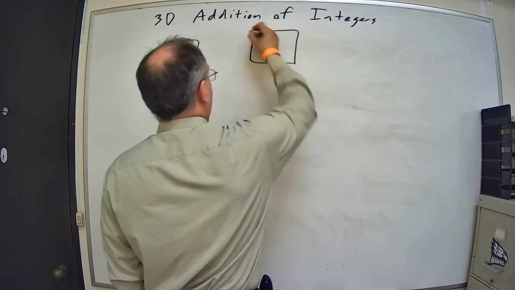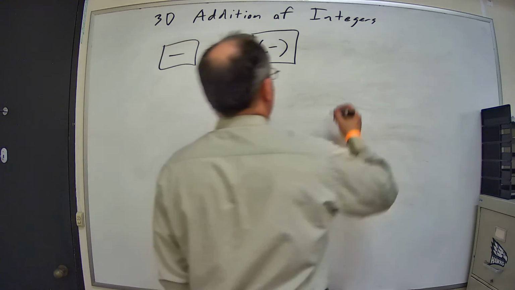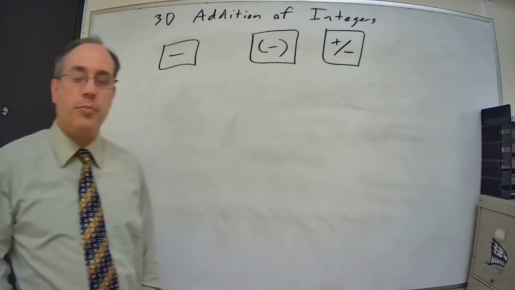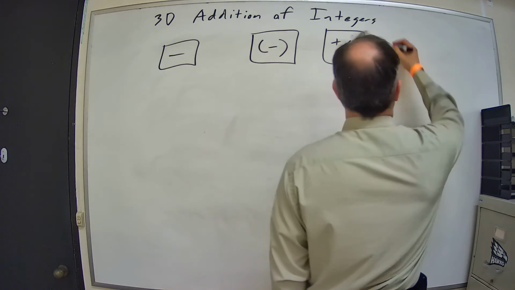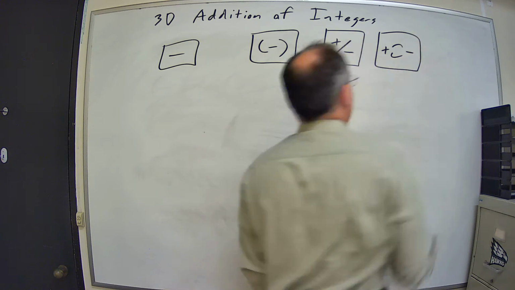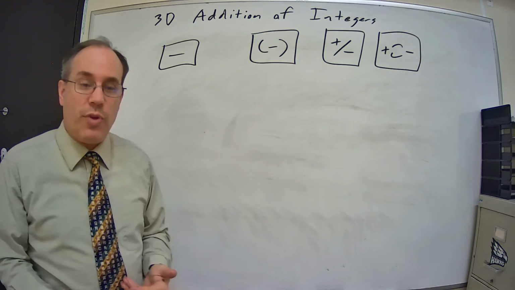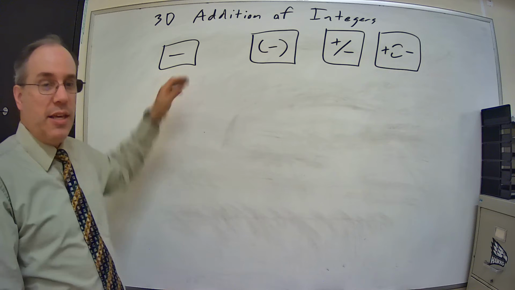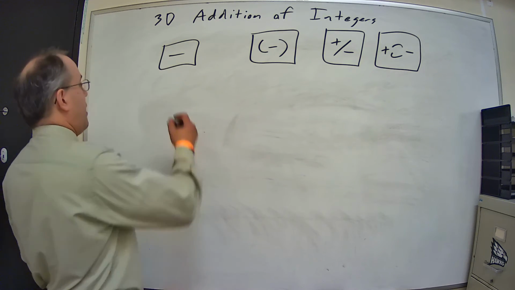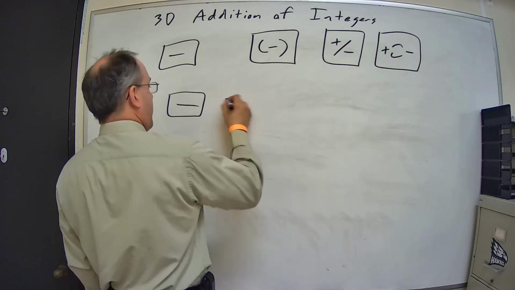Sometimes it looks like this, a negative in parentheses, or it may look like this, plus minus, anything of those sorts, right? So we have to be careful. The subtraction key is for subtraction only. If I were to press the subtraction key and then 3,